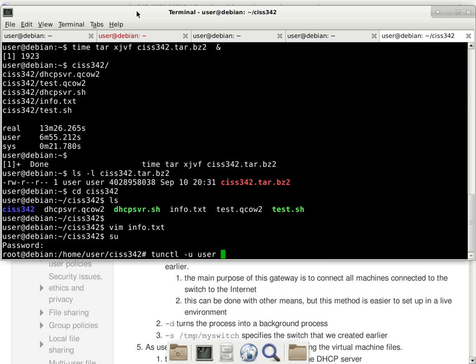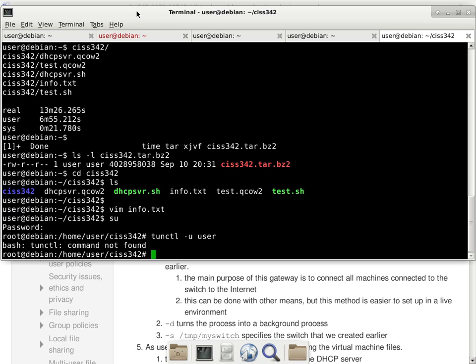Okay, so this is an important command because what it does is it sets up a virtual adapter, a virtual NIC, a virtual network interface card inside the host environment. We don't have any virtual machines running just yet. Okay, we do not even have VDE running yet. Okay, all this is going to set up is what we call a virtual network adapter or virtual NIC. Okay. It's a virtual device. It doesn't actually correspond to any hardware, but it has all the same properties as a network card. Okay? So later on we'll be using it, but right now we're just creating it.